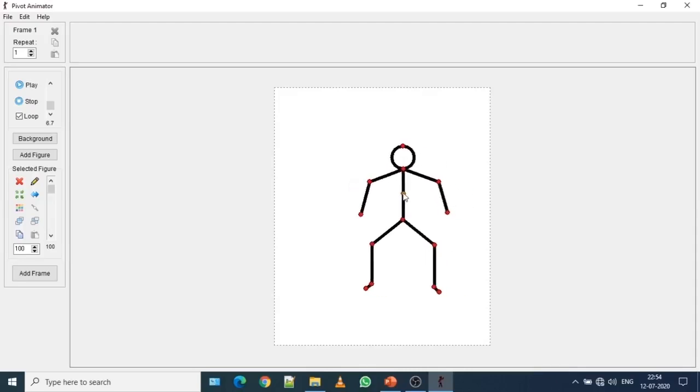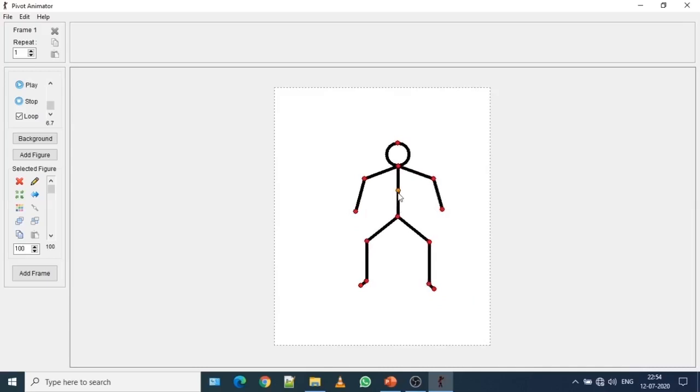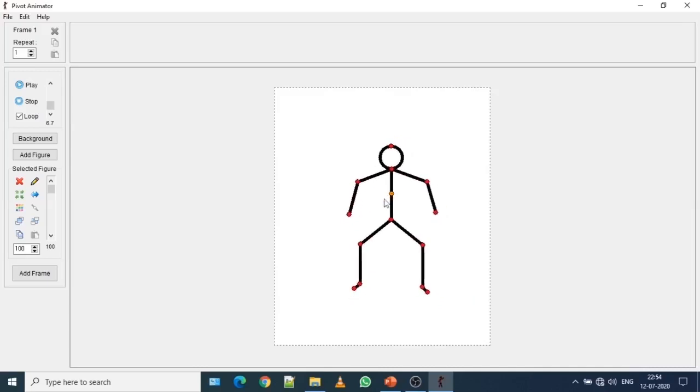So this is the segment where you have to make this stick figure move. So tomorrow I'm going to create an animation slide for you. Today in between I will reshape this stickman to make a proper image, and tomorrow I will create a slide for you.